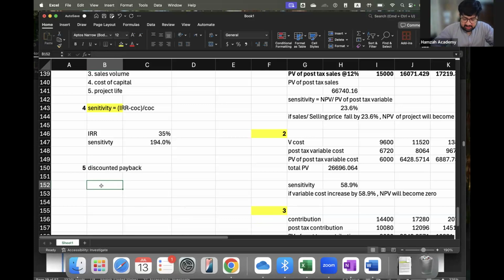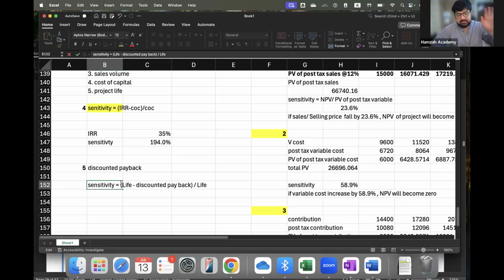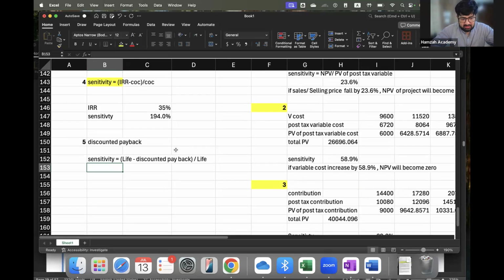so you see here, what will be the sensitivity? That is equal to total life, how much reduction? Discounted payback of the project divided by life. Percentage, this should be the reduction. Reduction in life, percentage reduction in life to make NPV 0. Now,